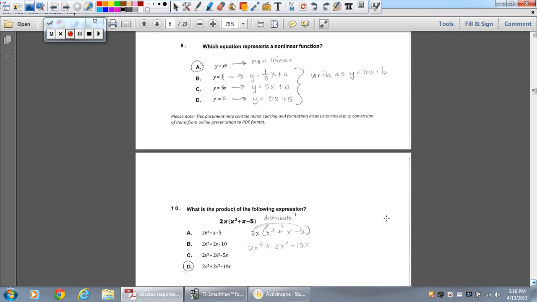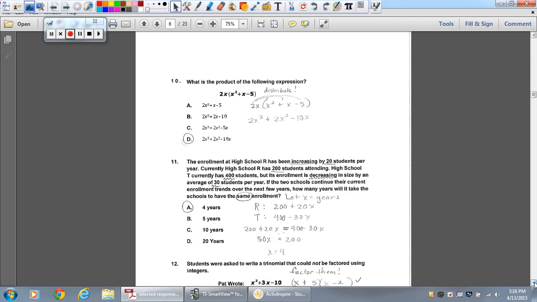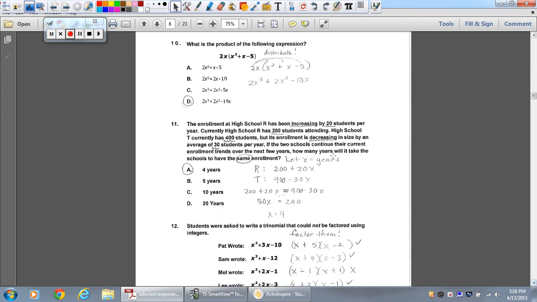Number 9, an easy way to do that is just graph them all in the graphing calculator and see which one's not aligned. So just go to your y equals screen and graph those. I'll let you do that since they're already solved for y. Take advantage of that calculator. Number 10, everyone got this one correct, so it's probably the way you did that. Number 11,